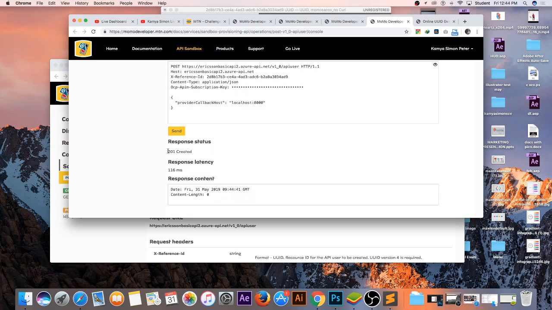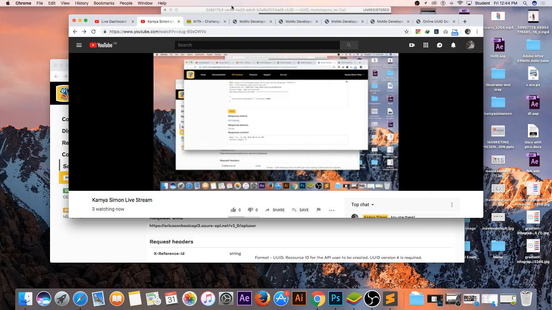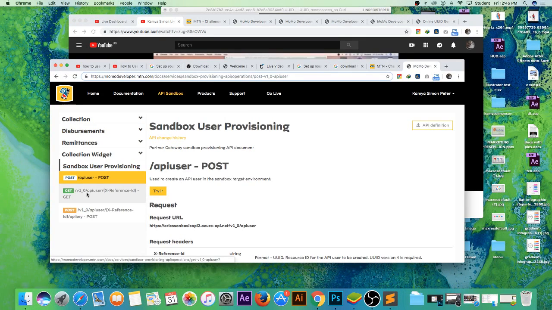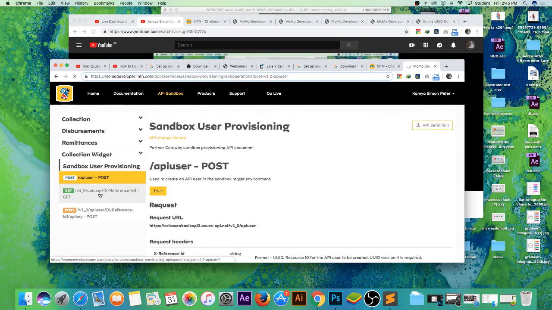Okay, so I've sent a request and I've got a response. The response is that user is created. All right. So after creating this user, they are telling us we are going to get now to know that the user has been created. Okay. So the other one was a post. So this one is a get. So before I get the API key, we want to verify if the user has been created. Okay. So when you click on that,